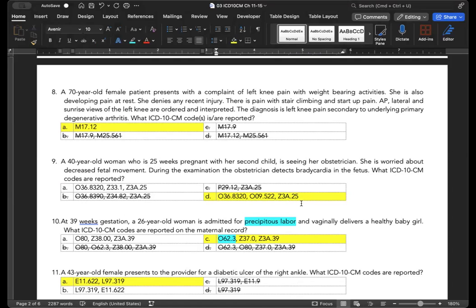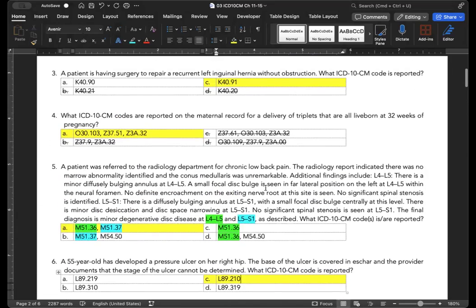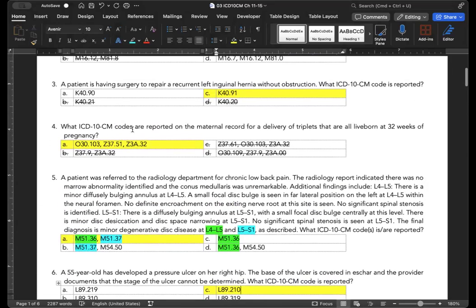Weeks of gestation isn't going to really matter because it's in all four. But in the one that we had up here, with your weeks of gestation, we could easily eliminate one, then eliminate another because we knew that the chapter 15 code had to be listed first, right? And then we had to know that our triplets is technically going to be that complication. So without even opening up our code book, if you know those little tips and things, and